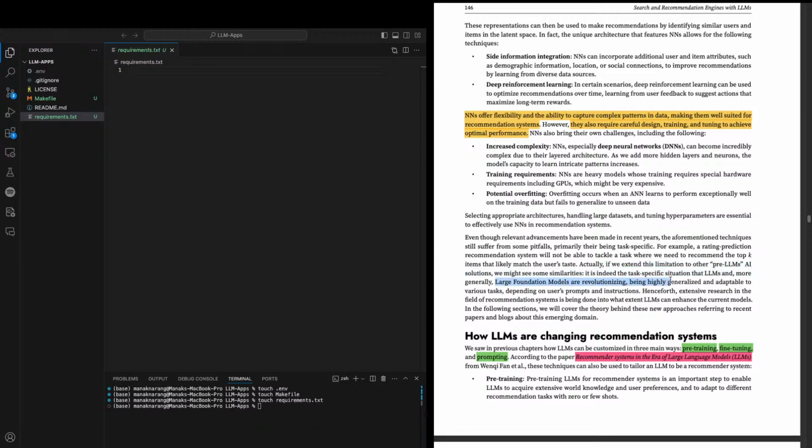Large foundation models. So there's also this thing, large foundation models. Let's search.